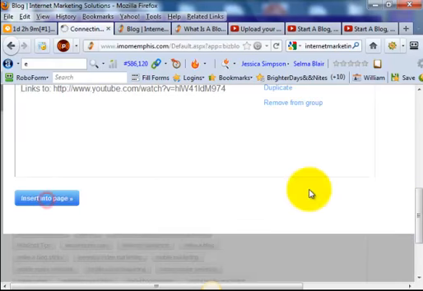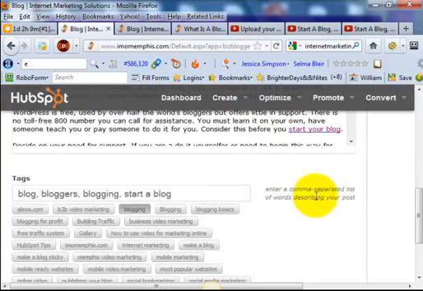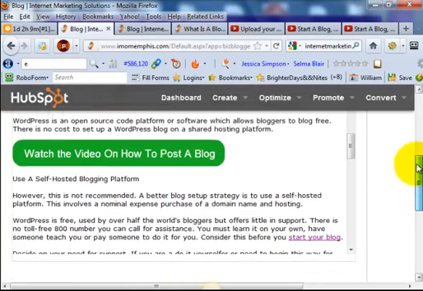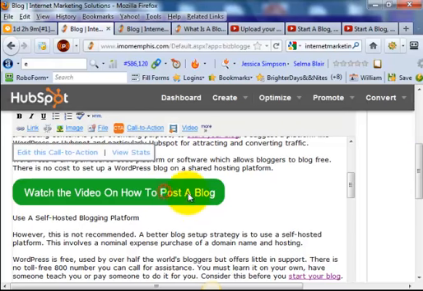And then we're going to insert into the page. There's our link. Now, there's another thing that I want to do, and I'm going to center this. So let's do a little bit of formatting to center this call to action. And we can come back later and click on that, and you'll be able to view the stats on it to see what's going on. So let's go ahead and